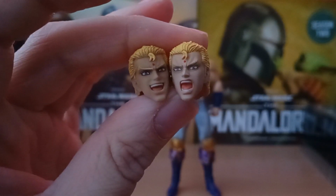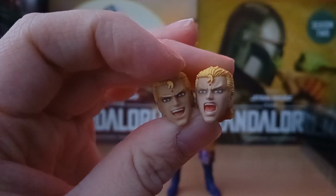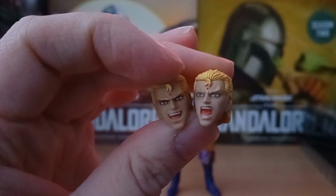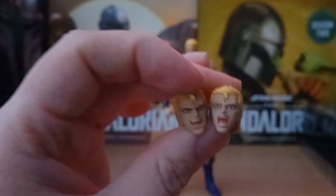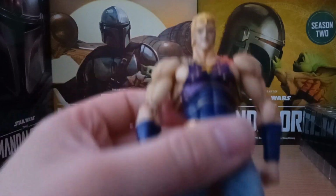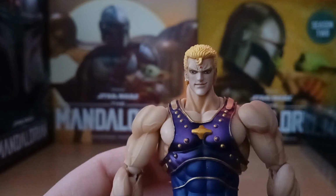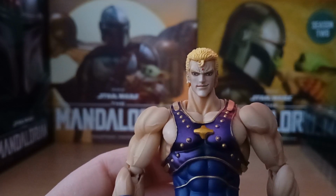I thought these were both the same, but one of them has a slight smirk on. And I kind of think these heads look better than the actual standard head that he comes with. I'll bring that in now to have a look. So this is how he'll look straight out of the box. I don't know, I think the colour just looks a bit off and the eyes are a bit wonky,